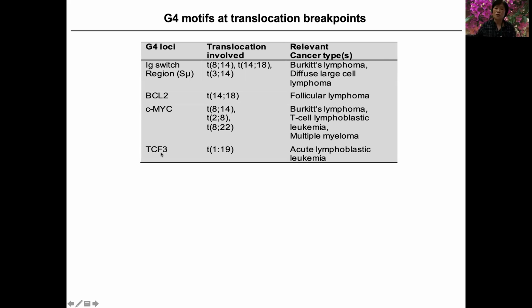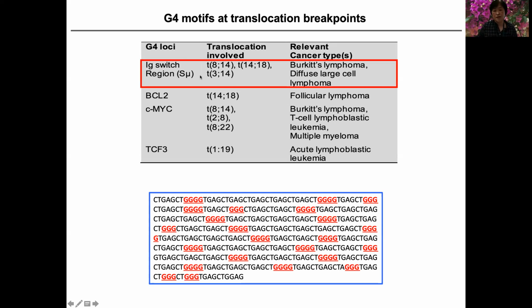It does not tell you anything about the mechanism of how these things occur, and does not tell you about what other factors, like what other proteins might be involved in having these recombinations and translocations occur at these locations. So what we want to do is use the yeast to answer the mechanistic details about these events occurring at G4. So what we did is we took one of these sequences, the S-mu sequence, which I'm going to refer to a lot,